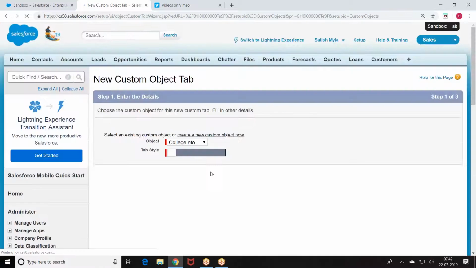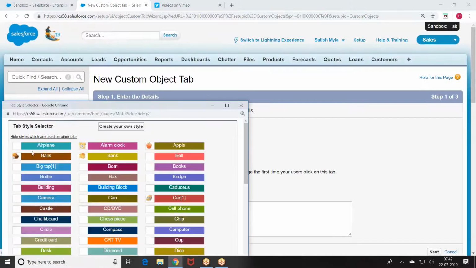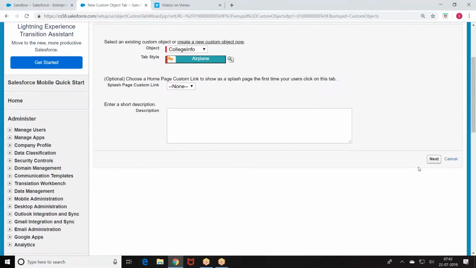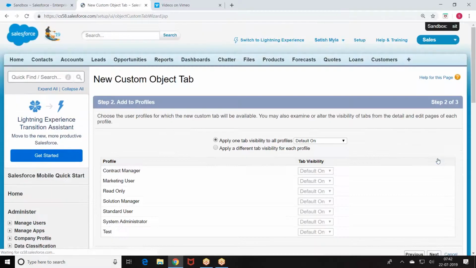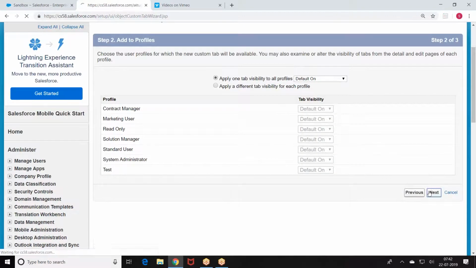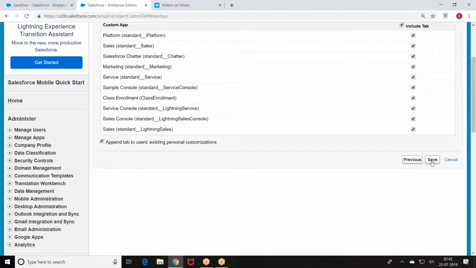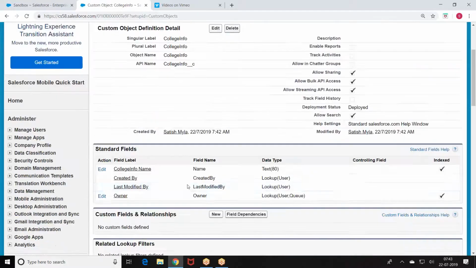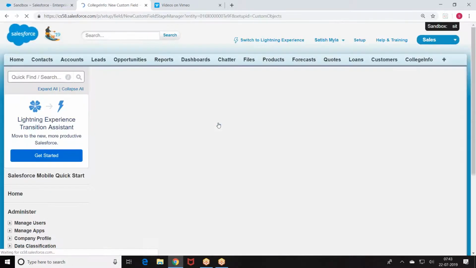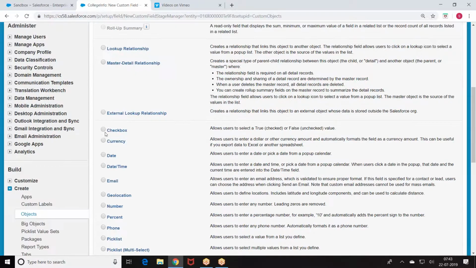I'm creating an object. So we have created an object. At the same time, I'm creating the fields.